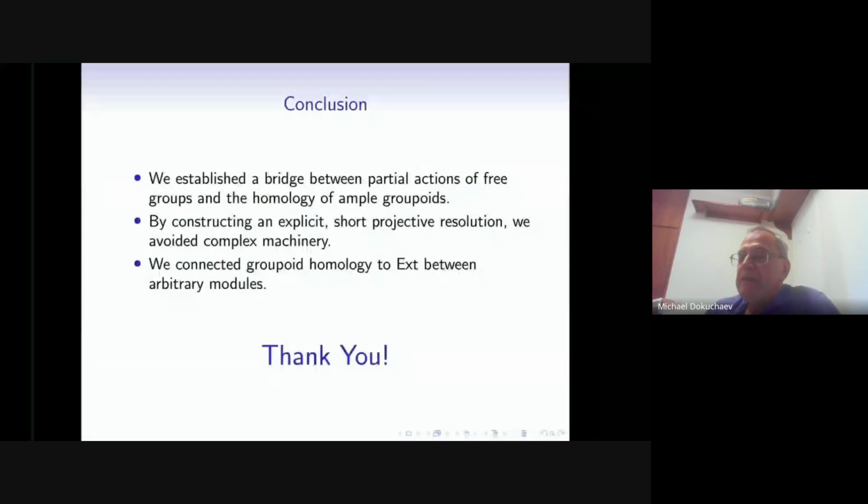Yeah, thanks. Another question. So you start with a partial action of a free group, and then you work with homology of the partial action groupoid. So I wonder if there is a relation with the partial homology of the free group. So by partial homology of free group, we mean